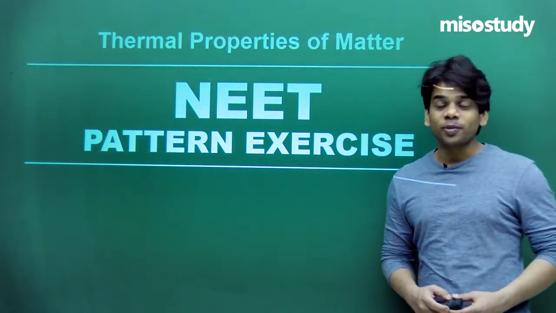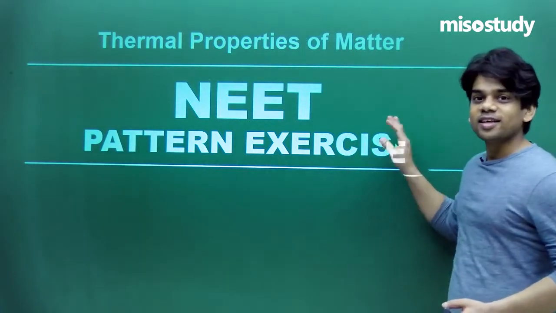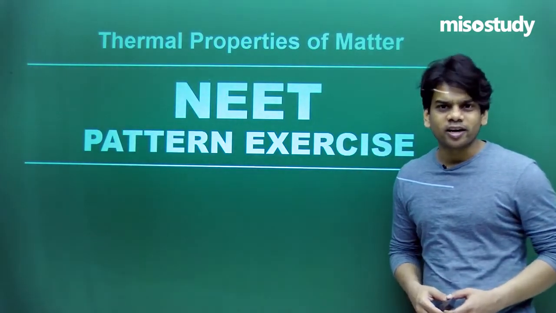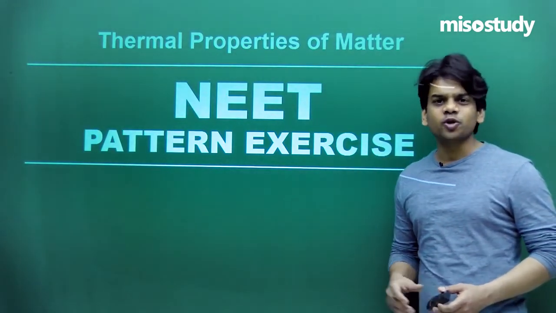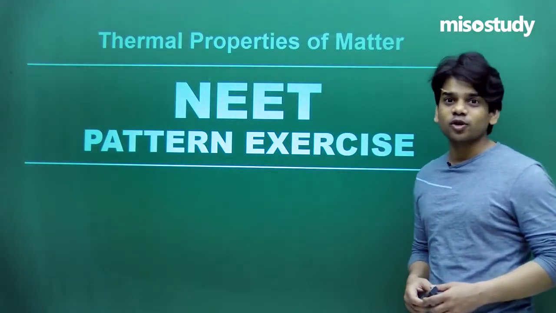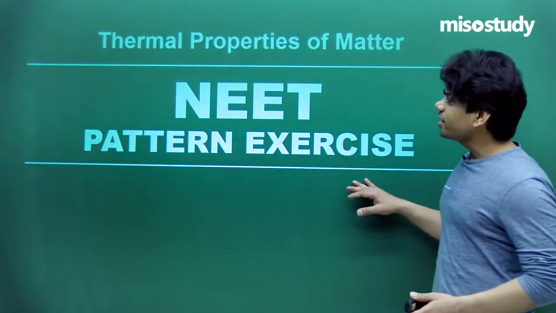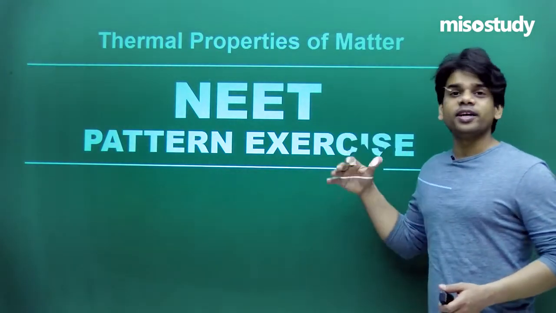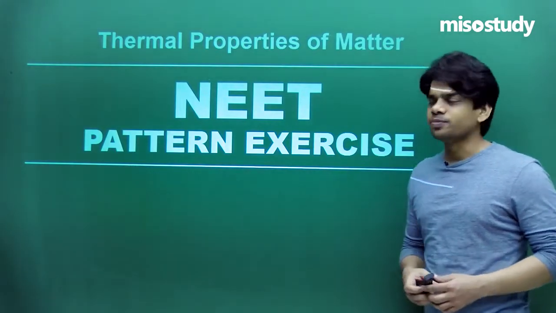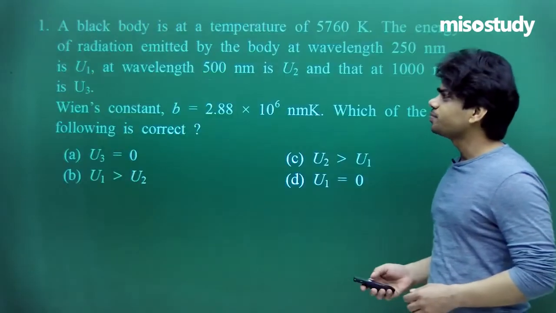So in this class we'll be practicing questions on thermal properties of matter, and the exercise will be NEET pattern based. In the NEET examination, the questions asked are of moderate level of difficulty, and each question has a single choice as the correct answer. It's an objective paper. Considering the NEET examination, definitely one or two questions will be raised in this chapter, so you should be thorough enough within this chapter. Let's go ahead with the first question of the class.